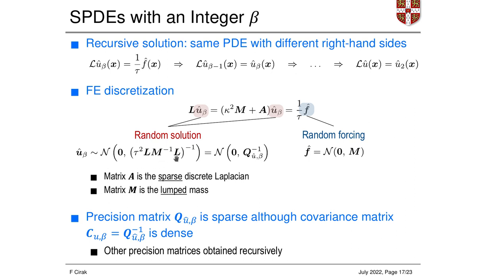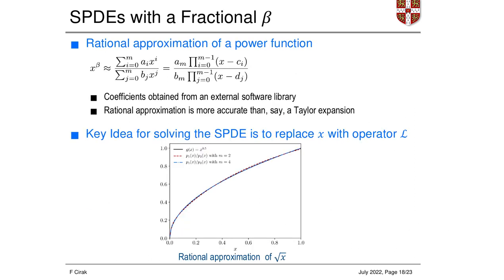And because these matrices are finite element matrices, they are sparse and they are banded. So the multiplication of them is again sparse and banded, and hence we obtain a sparse precision matrix. So this is important. The precision matrix is sparse, although the covariance matrix is dense. And once we have obtained this precision matrix for higher integer beta, we can just recursively compute the corresponding precision matrix. In general, however,